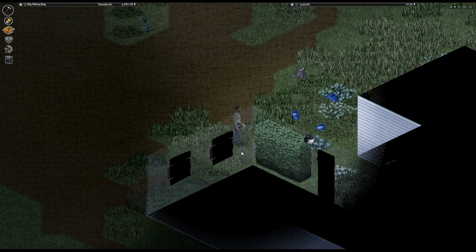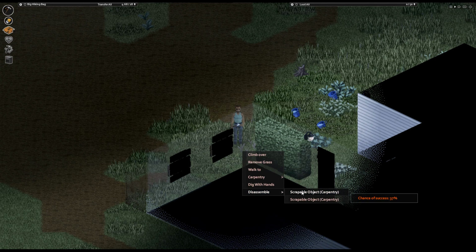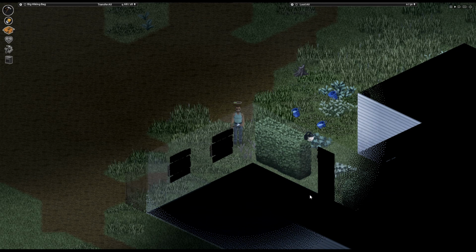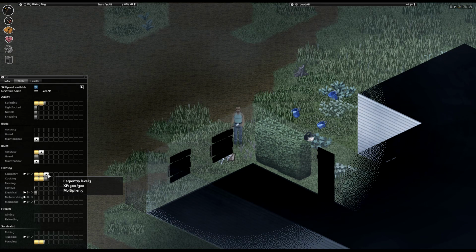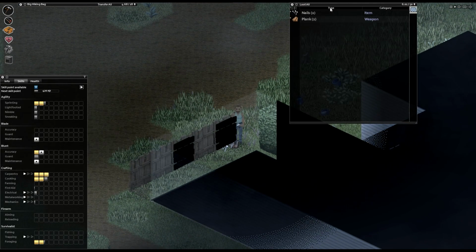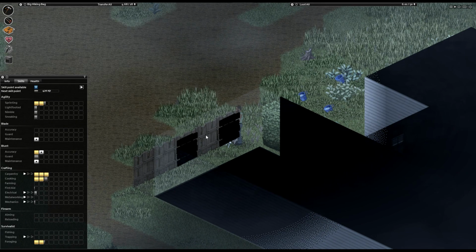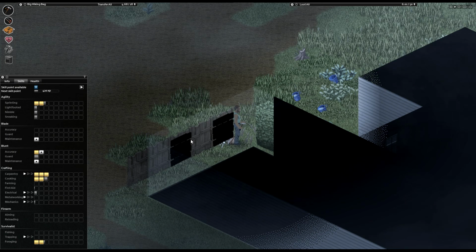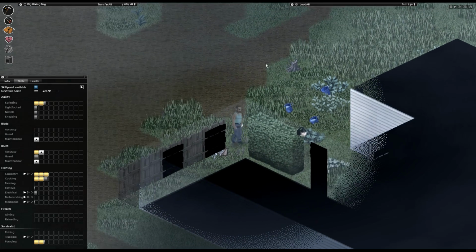Only 37% success. There's two different objects here. I'm not sure which one's which. There we go. Got it. So I got nails and planks back. Well, that's quite nice. Okay. And with that,